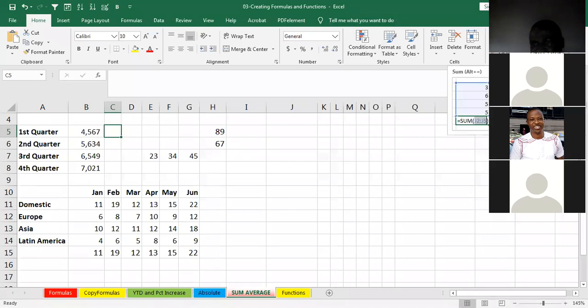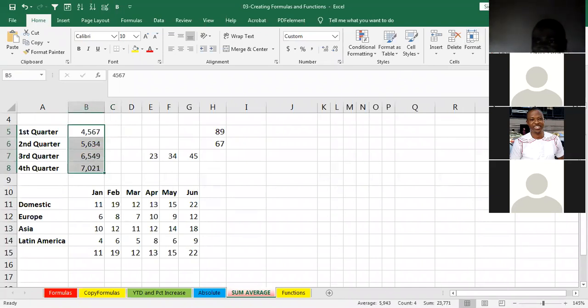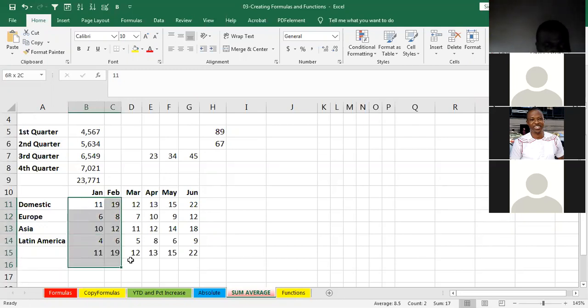You are seeing my screen, right? This is it here. If you highlight all these figures and click on AutoSum, it gives you the sum. So you don't need to start trying to use formula and doing it manually. Another data set is also here. We have values from January to June for these different continents. If you want to summarize these values here, you can highlight all of them and give